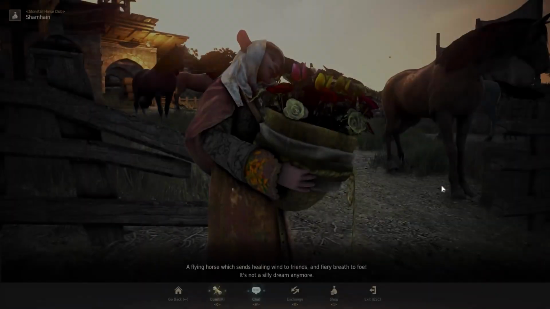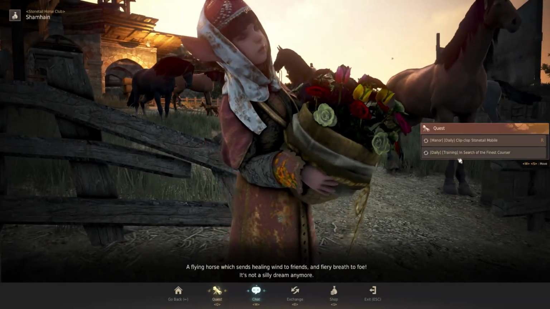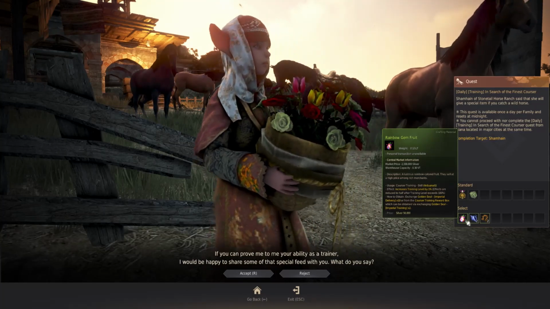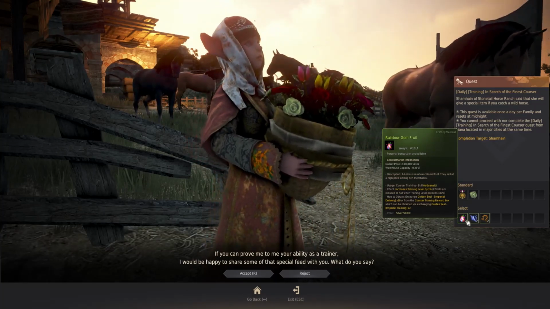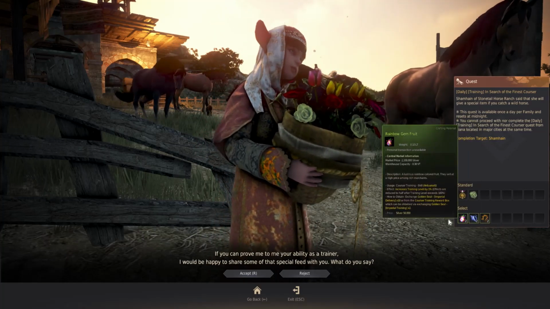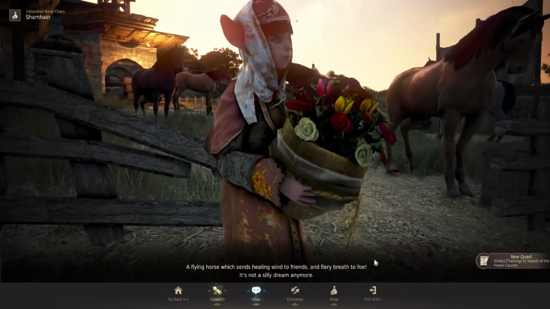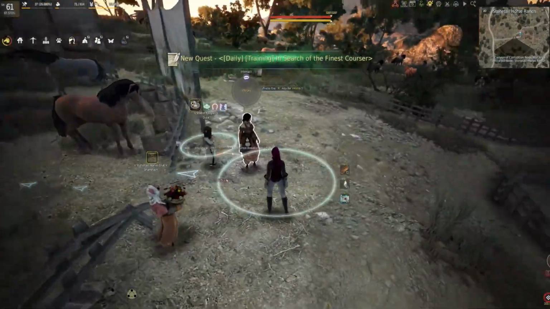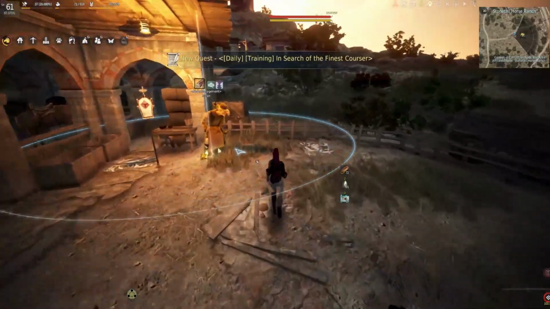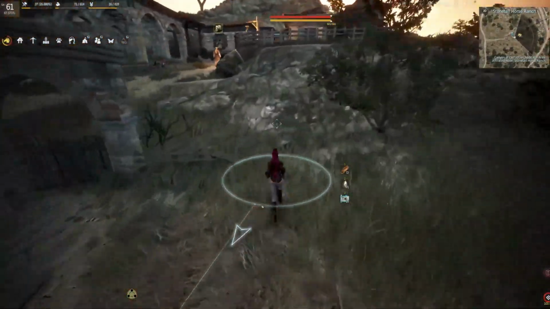And Shamhain also gives out a quest, In Search of the Finest Courser, that gives you the sellable versions of the horse materials for T9. So this is the one that I get and accumulate whenever I want to tap some of the coursers that I've trained. And what I normally do is, after getting those 2 quests, I would go now to